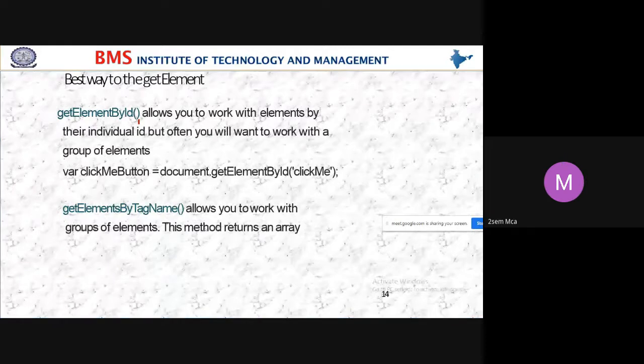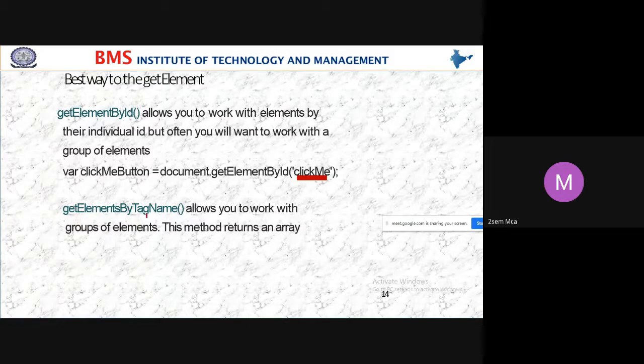The example is clickMeButton equals document.getElementById click me. So when you click on this button, with that ID, whatever instructions we are writing will be called.